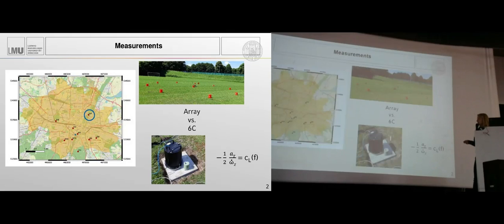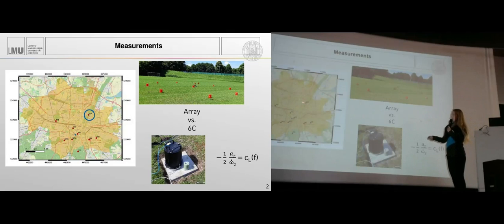So we need a seismometer and a rotational sensor, and in our case, we're using the iXblue blueSeis-3A rotational sensor. Then, through the relation of translational motion and rotational motion, we can estimate the phase velocity of Love and Rayleigh waves. Since surface waves are dispersive, we can compute this phase velocity in small frequency bands and then construct complete dispersion curves. In order to verify this new method, we simultaneously measured with an array, and